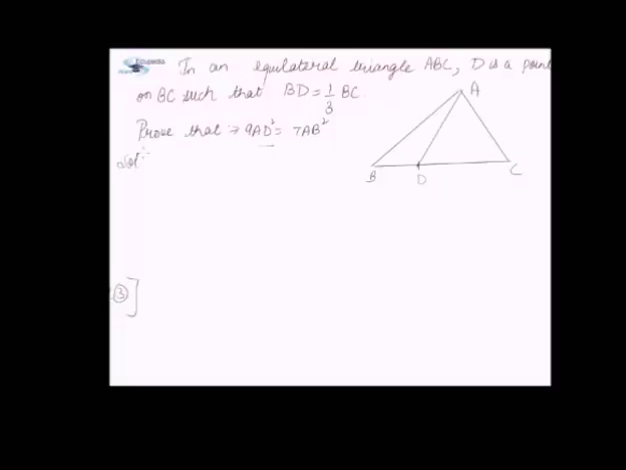So in the solution part, since ABC is an equilateral triangle, therefore AB is equal to BC is equal to AC. Let this be A units. Let this be denoted by a constant parameter A. So BD is given as 1 by 3 BC. So we can say that it is 1 by 3A because we have denoted BC by A, and similarly for